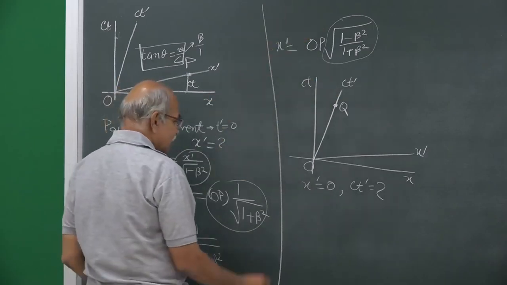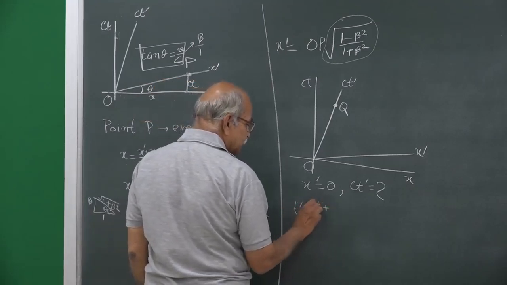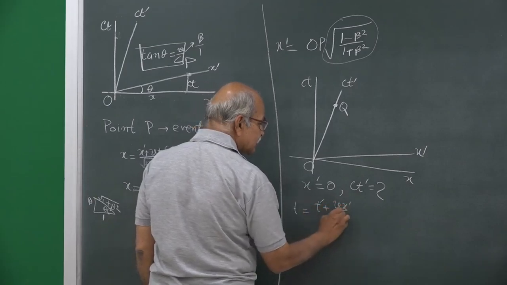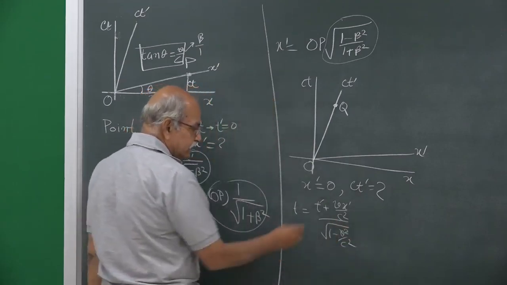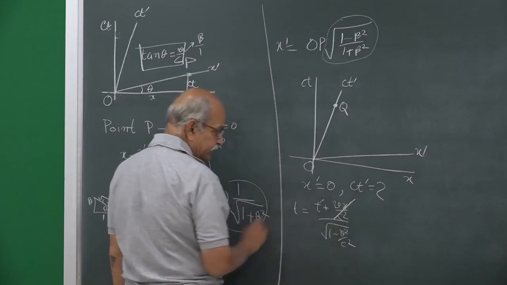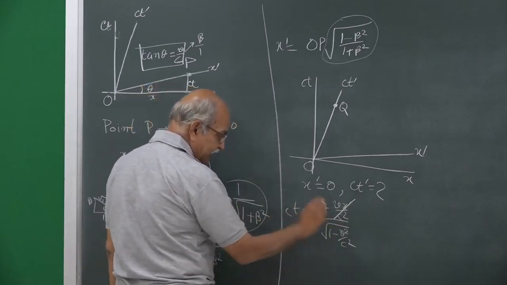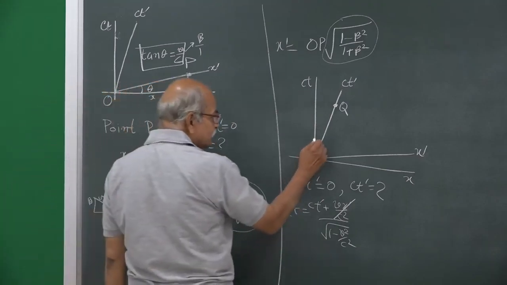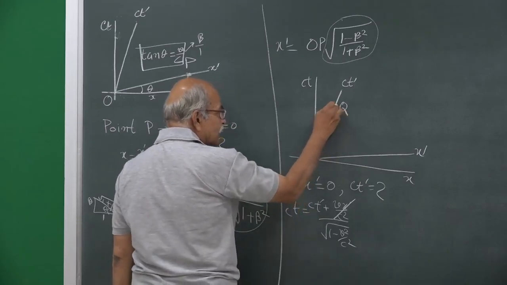So, once again you can write that same equation, T is equal to T prime plus V x prime by C square divided by square root 1 minus V square by C square, and since here x prime is 0, it is this. So, CT is equal to CT prime divided by this. So, that is from Lorentz equation, and from here this angle is theta, and if you draw a line here,